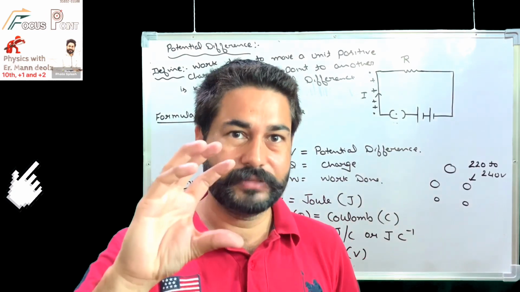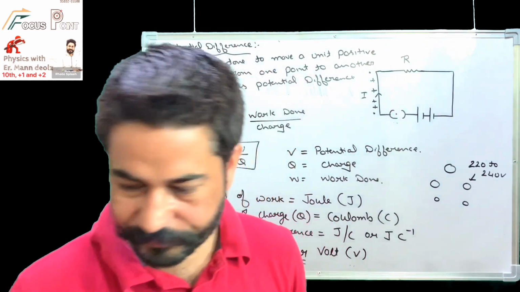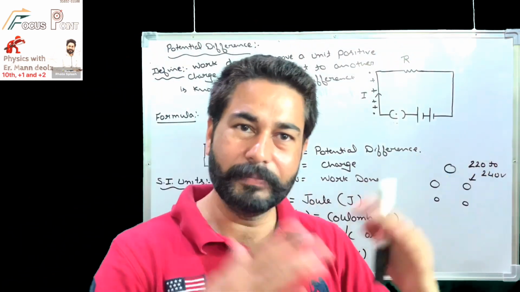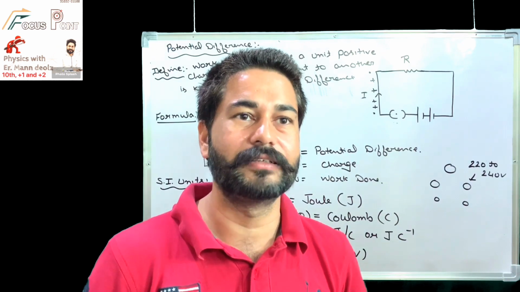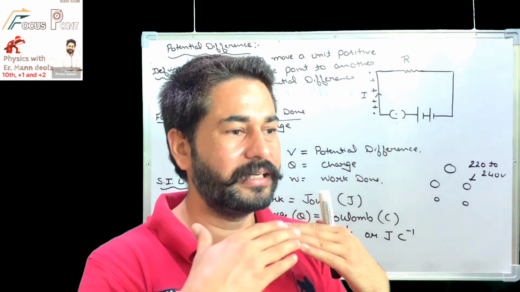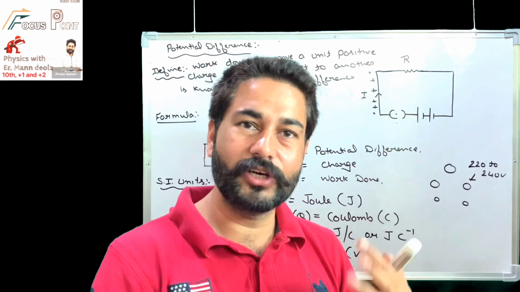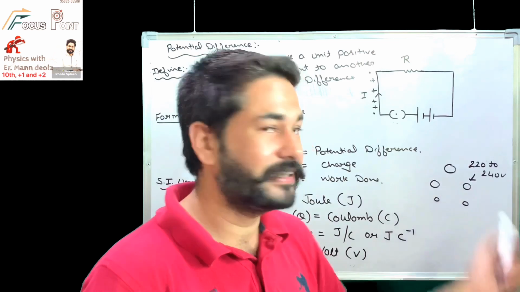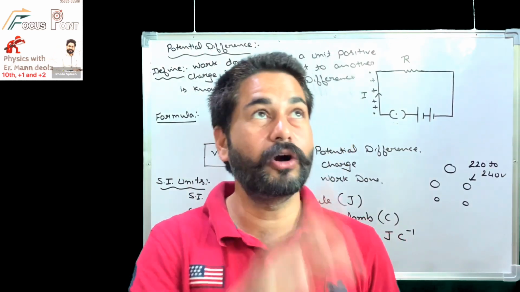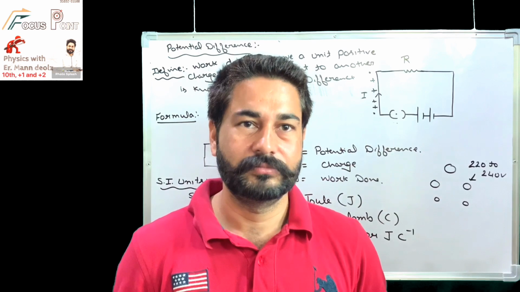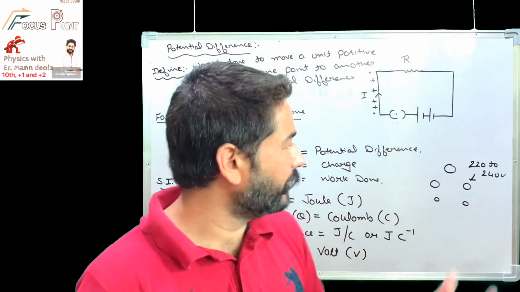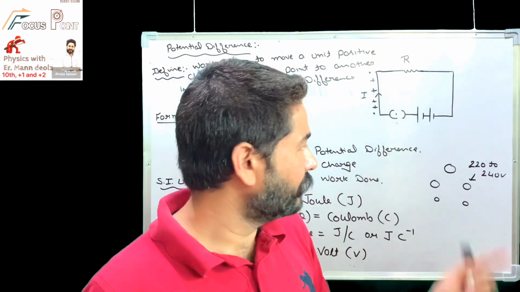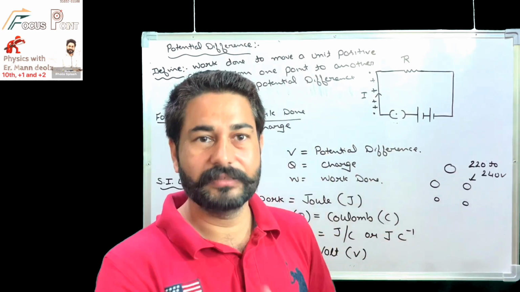On the bulb also, try to see. Excuse me, sir, it can increase more than 240 also. Yes, it can. A little bit of fluctuation is always there. We have to take care because due to some flaws it can increase or decrease, so the device should have that much range to work. Otherwise, if potential difference increases beyond its limit, then devices will get burned, or the fuse will get burned. So we should have a little bit of variation, and this is the potential difference we get from the government.